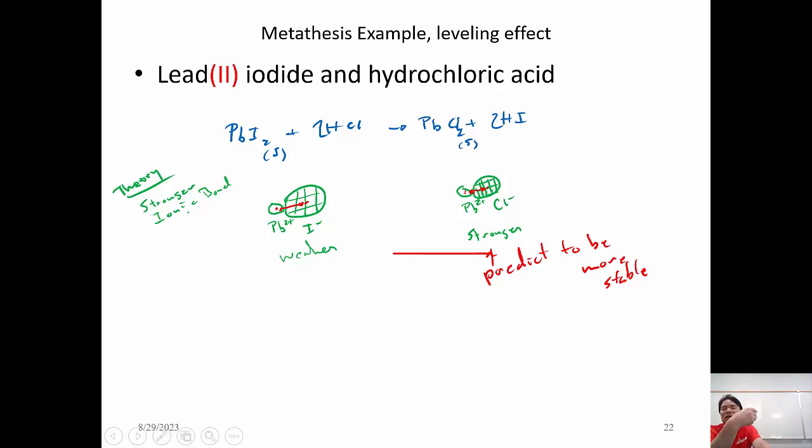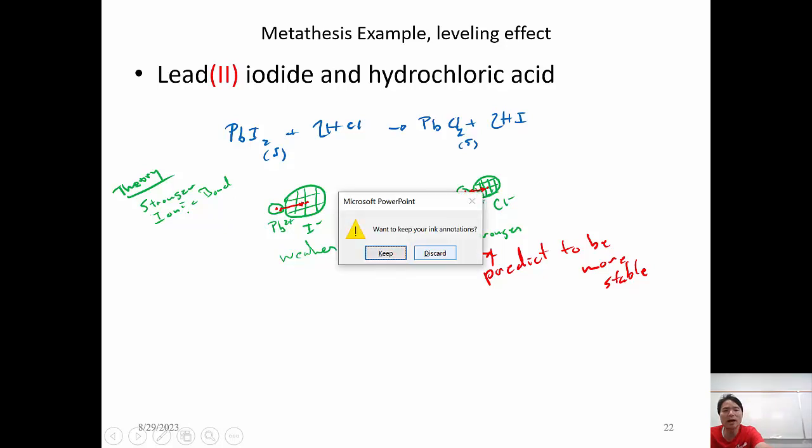However, whatever theoretical approach we use, it has to agree with observations. It has to agree with experiment. Experimental observations are fact, as long as they're reproducible. That's factual knowledge. And so let's see if our theoretical approach agrees with experiment. So this is what we hypothesize here, that PbCl2 should be less soluble, more stable. All right, so what we're going to do is take a look at